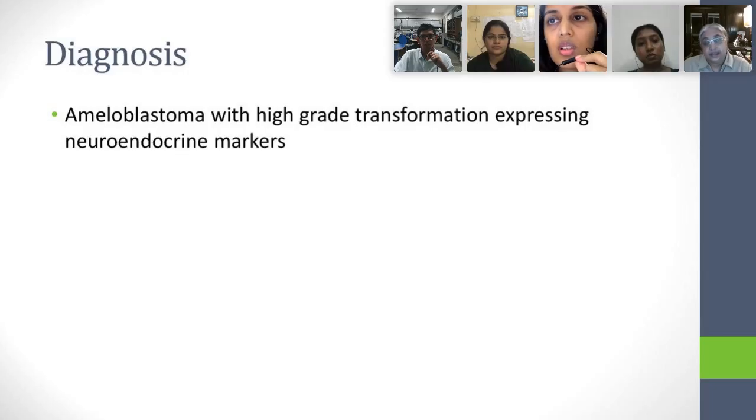Anything that becomes very highly malignant, or shows a high grade transformation, may show you some neuroendocrine markers. You see it in high grade prostate cancers, you see it sometimes in high grade adenocarcinomas, whether of the lung or the GI tract or whatever. It's an adenocarcinoma, but when you do find neuroendocrine differentiation on immunohistochemistry, this does not look in any way like a neuroendocrine tumor. It doesn't look like that at all. You may see neuroendocrine differentiation.